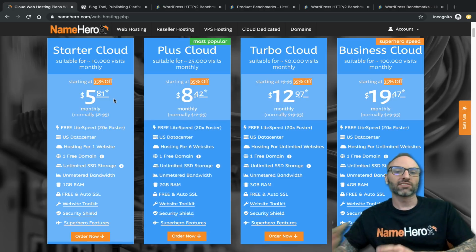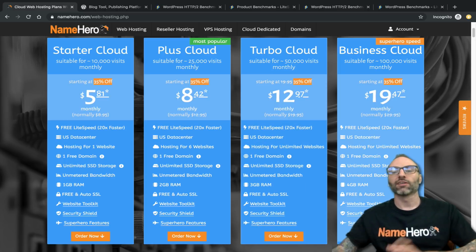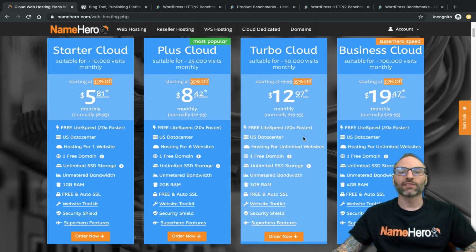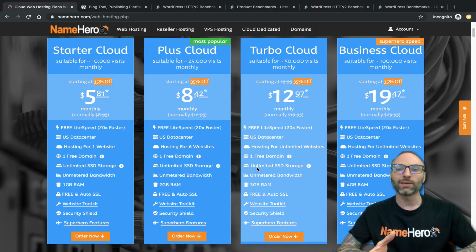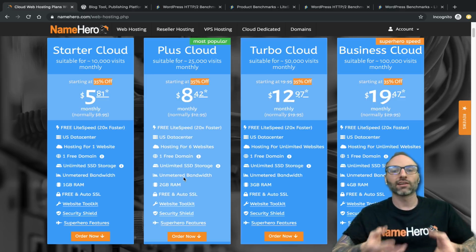If it's an online based business, then obviously you need a little bit more RAM. You need a little bit more inodes, which you can see under the files, or under the storage. How many files does your website have? If you're going to be using email, then you also want to check out, I recommend the Turbo or Business. If you're going to have tons of different email accounts, if you have a business with like 20 people and you're going to set up 20 email accounts, then you want to kind of look on this end. So it really depends on how many visitors your site's getting, how big's your organization, and what are you really